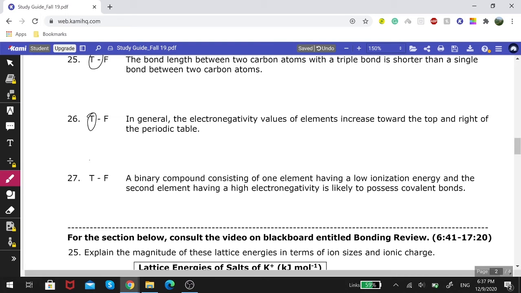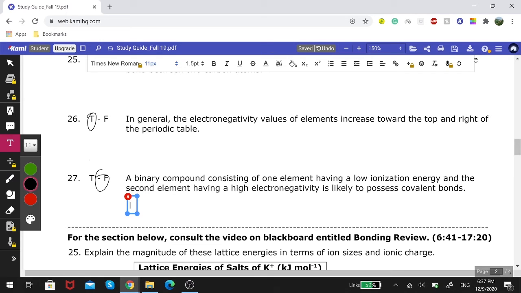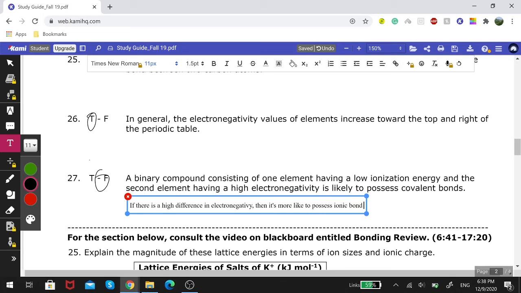Right, finally, a binary compound consisting of one element having low ionization energy and the second element having high ionization energy is likely to possess covalent compounds. Now this one is false. And why? Because if there is a high difference in electronegativity, because one of them has low, if there's a high difference in electronegativity, then it's more likely to possess ionic bonds, since 0 to 0.3 is